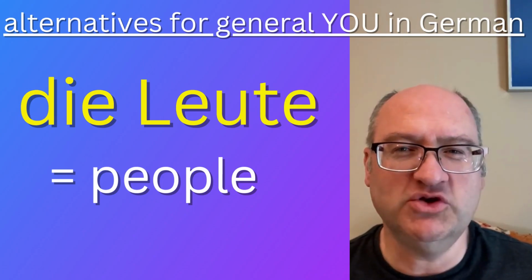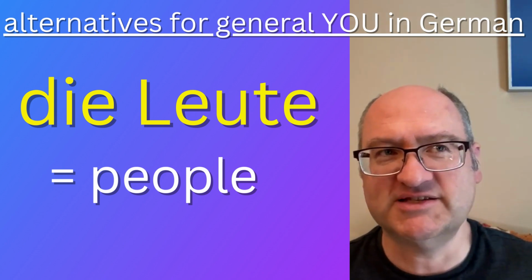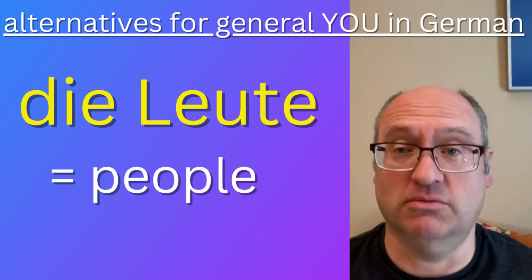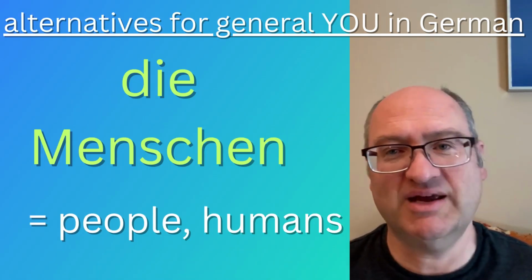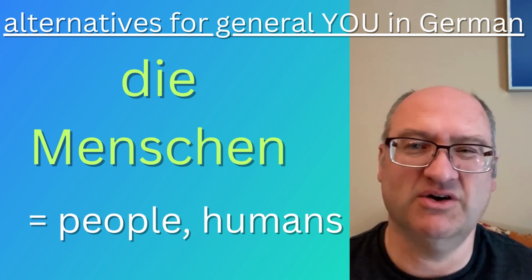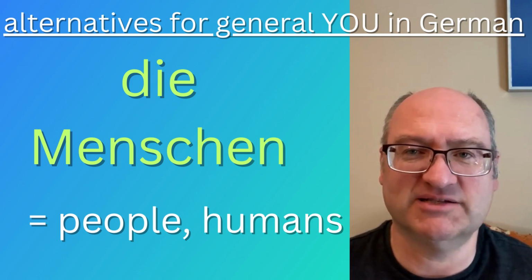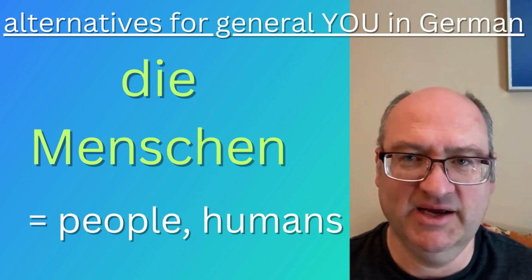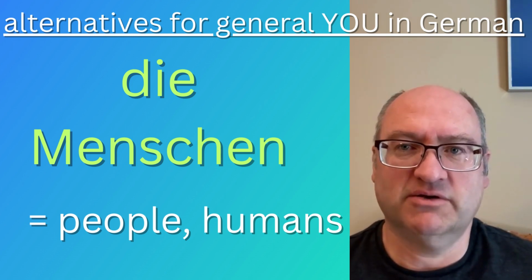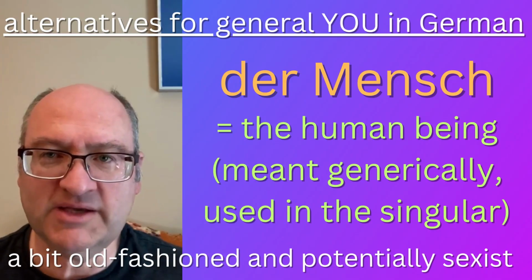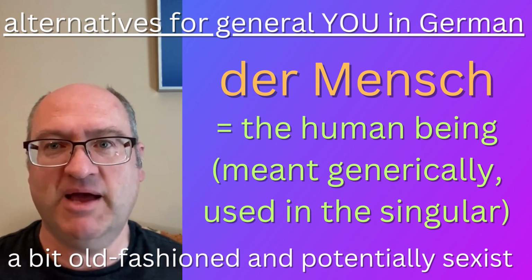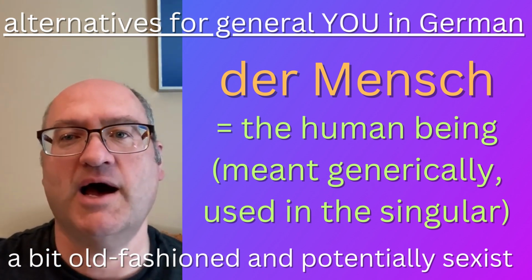So in German, if you want to use the general you, a safer way would be actually to say die Leute, people. Die Menschen, again, we have maybe a problem here because that's originally masculine too, although I don't think it's a big deal, honestly. A lot of people still use that and don't really think of it as a strictly masculine way of referring to people. Sometimes you also will read people using der Mensch to stand in for any kind of human being,